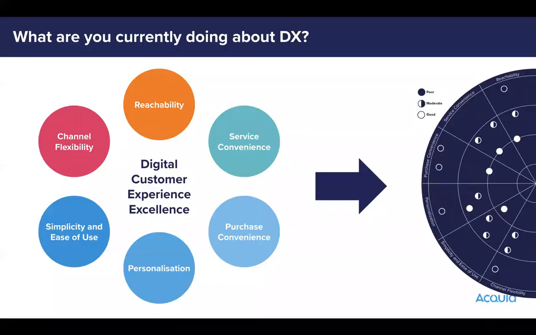But at the beginning, you've got to look at where you are. You've got to appraise yourself. What are you currently doing about digital experience? Now, you could be an absolutely traditional company that does absolutely nothing online, and that's fair enough, but at least you're honest about it and you've painted that picture. But virtually every company is doing something with digital. So again, we look at those 6 areas of digital experience we highlighted, things like reachability. So you want to have a look at what you're doing in that area.